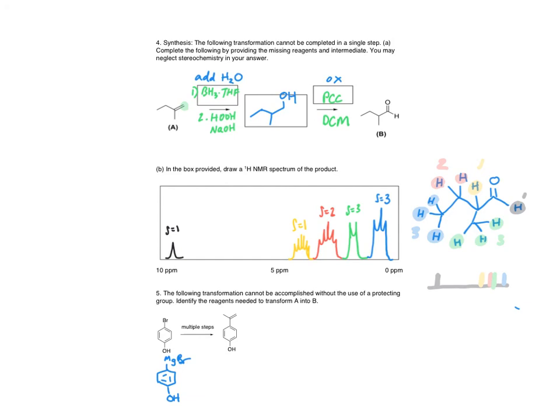So this is not a compatible reaction. So instead of an alcohol, what we need to have is a protected alcohol. And that can go on to react with the aldehyde,